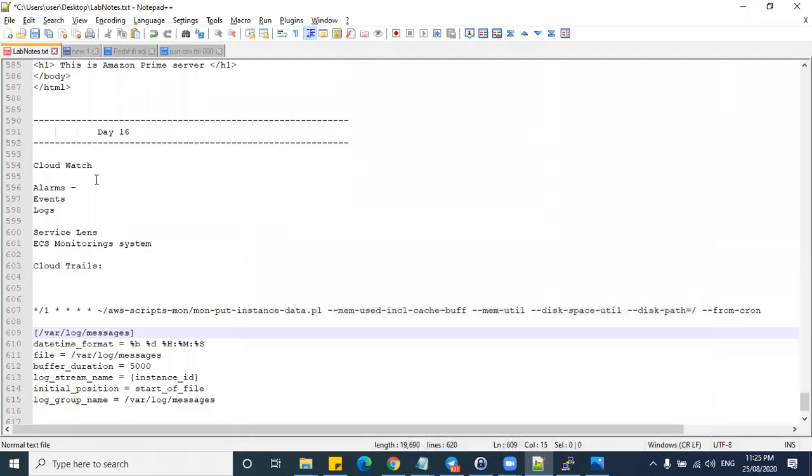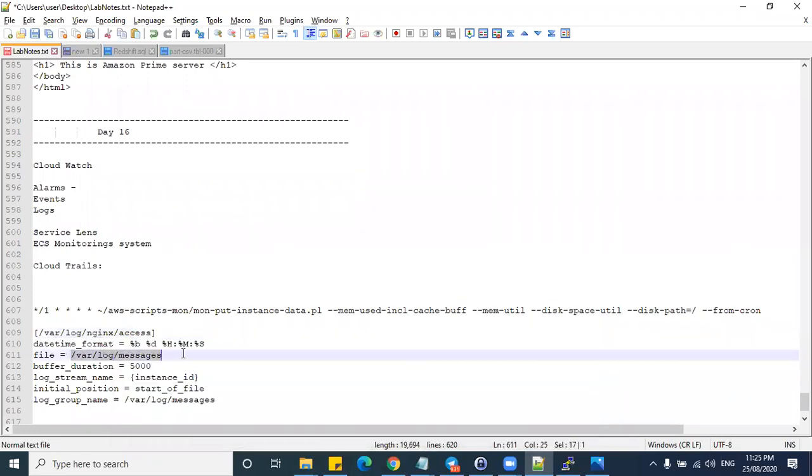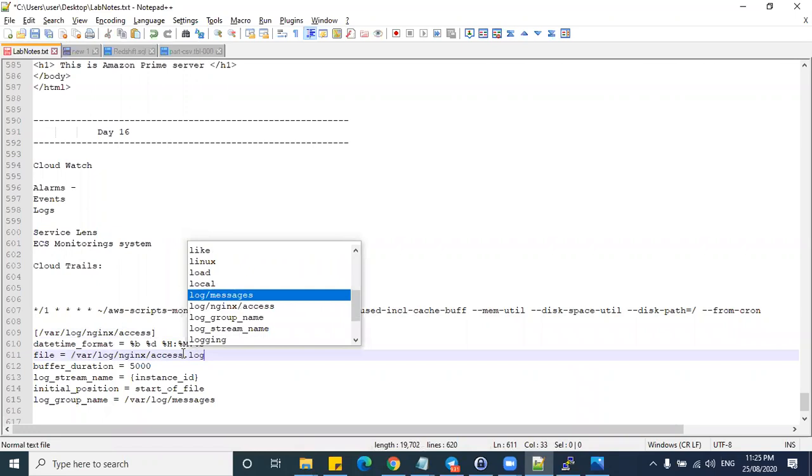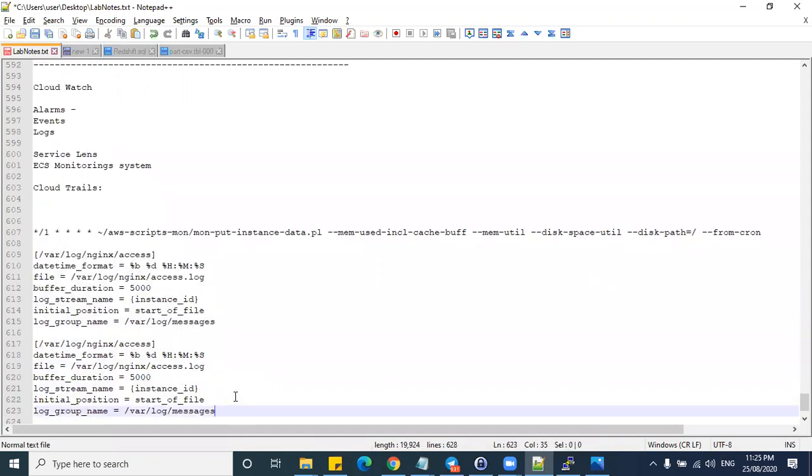The file is access.log, right? So similarly copy paste this same thing, and the log group name I'll give as access, and this is error.